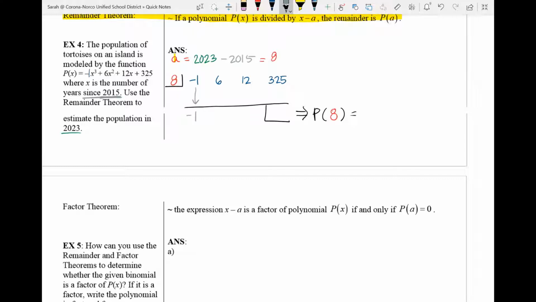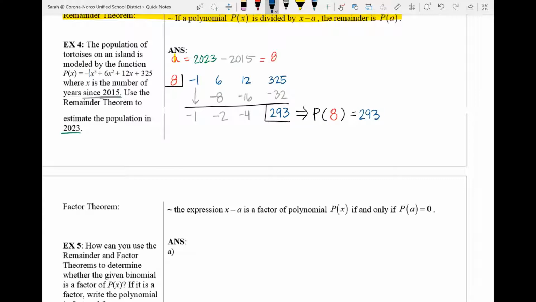So 8 times -1 is -8. 6 plus -8 is -2. 8 times -2 is -16. 12 plus negative 16 is negative 4. 8 times negative 4 is negative 32. And then 325 plus negative 32 is 293. So that means that P of 8 is